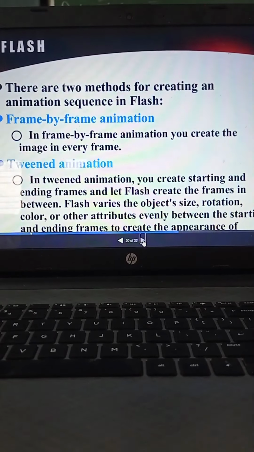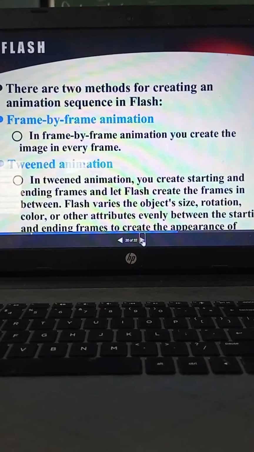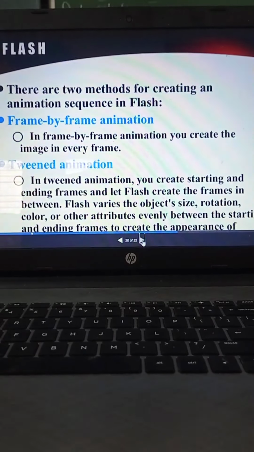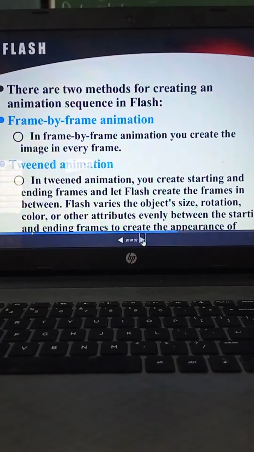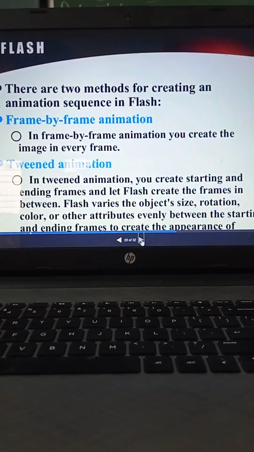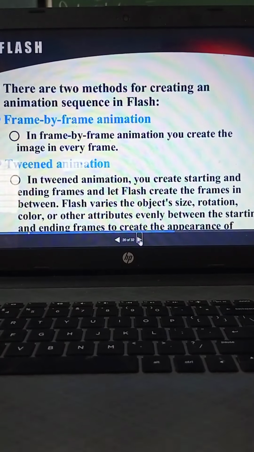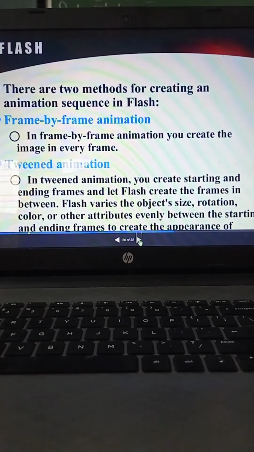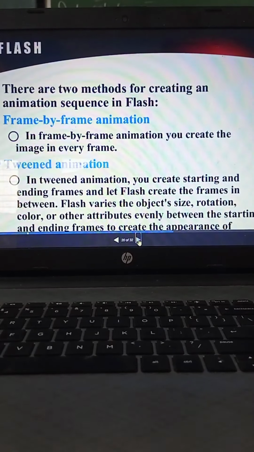Then there are two methods for creating an animation sequence in Flash. Number one, frame by frame animation. In frame by frame animation, you create the image in every frame. Second point, tweened animation. In tweened animation, you create starting and ending frames and let Flash create the frames in between.